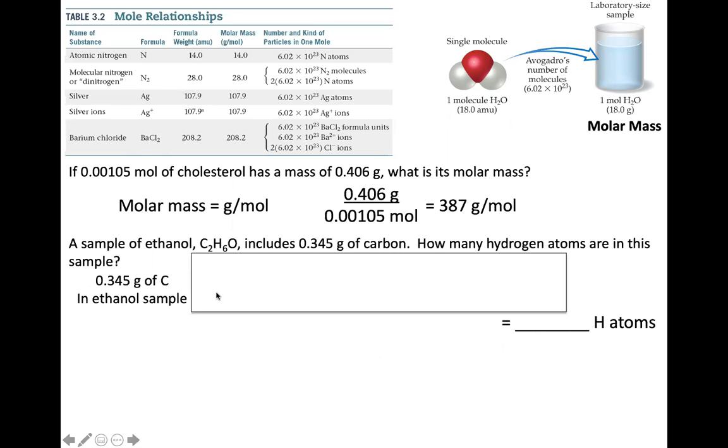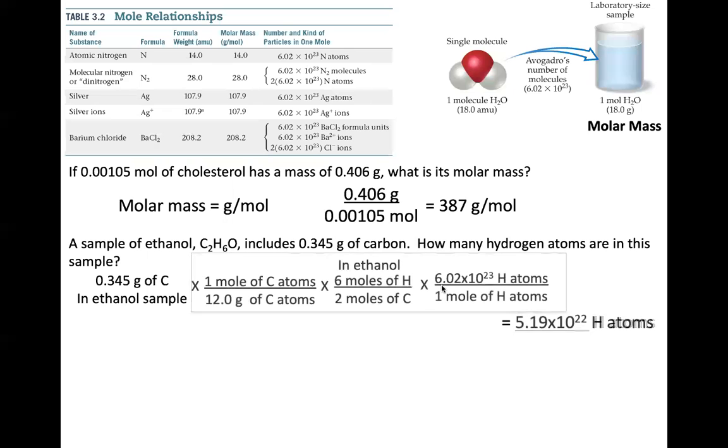In this case, I've got quite a few conversions that I need to do along the way. One strategy here, if you're doing dimensional analysis, is to start with what you know and put down where you need to finish. Notice then the rest of the canceling always has to be numerator to denominator, numerator to denominator. So if I start out by saying I have a certain number of grams of carbon in the ethanol sample, I've got grams of carbon, grams of carbon.